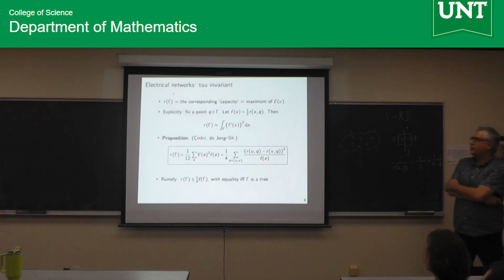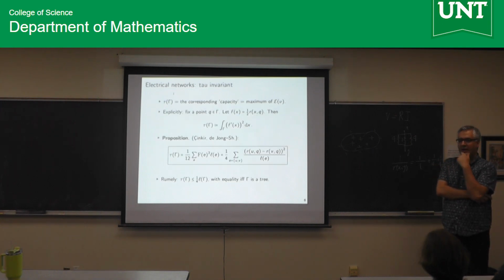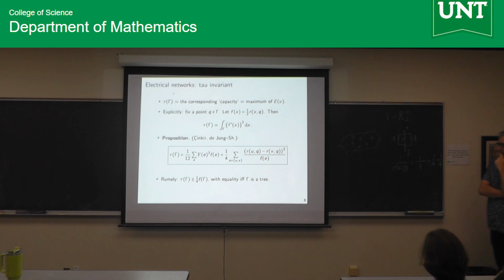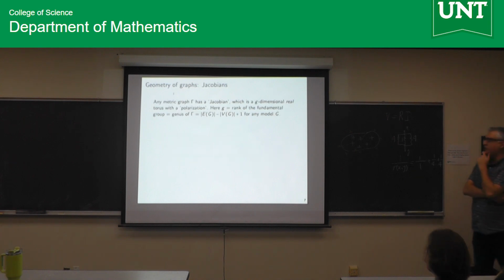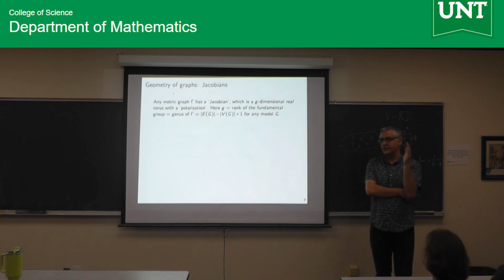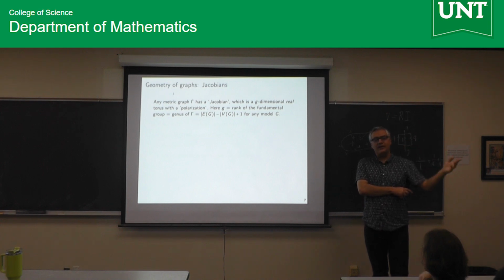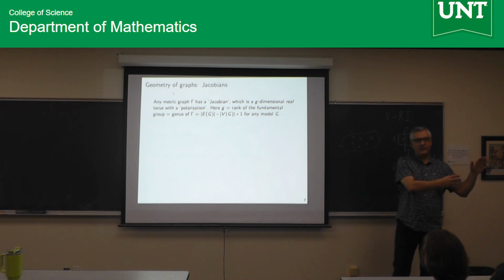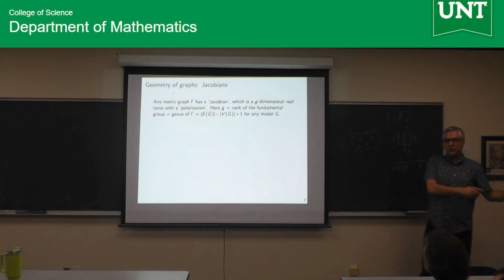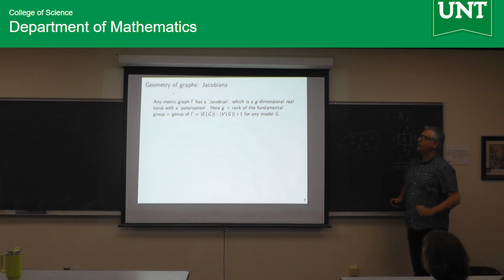All right, so I'm going to stop now with doing electrical networks, and I will come back and justify why electrical networks and number theorists are friends. I'm going to talk about the geometry of graphs in a way that is much more modern. I said graphs are like Riemann surfaces. You don't need the next sentence, but it was known to Riemann and Jacobi and others that Riemann surfaces have some really beautiful object attached to them, which is the abelian variety. It's some kind of linear algebraic object that knows a lot about the Riemann surface itself. You don't need to know the details of this. Concretely for graphs, I'm going to do that.